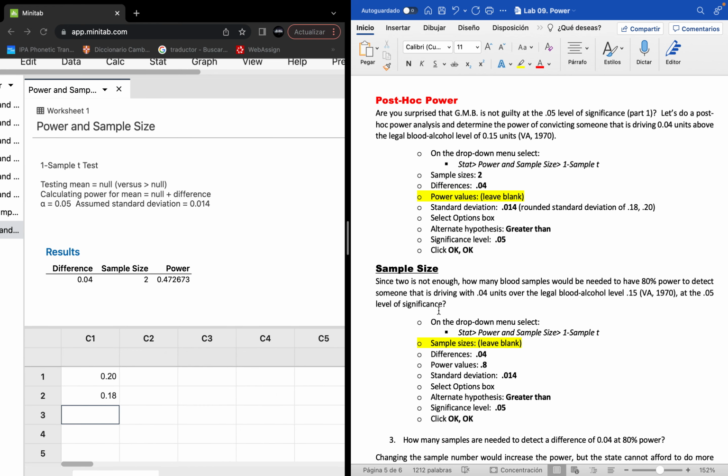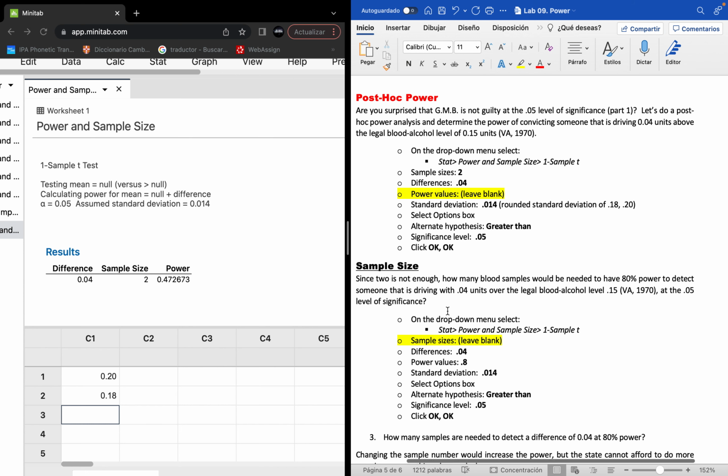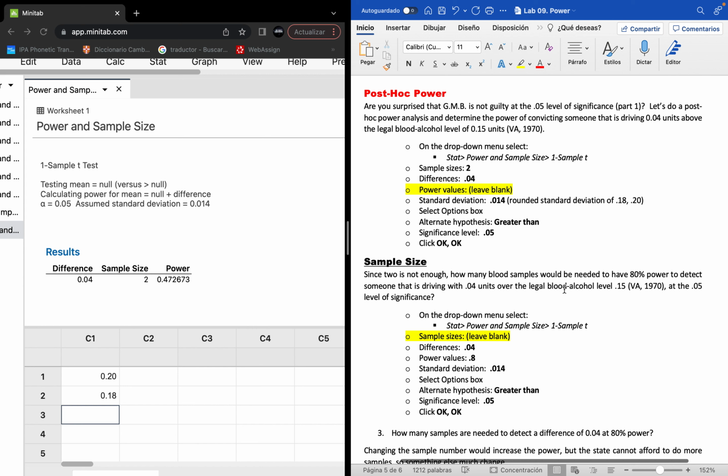Sample size. One problem with this is that our sample is very small, only 2. Since 2 is not enough, how many blood samples will be needed to have 80% power to detect someone that is driving with 0.04 units over the legal blood alcohol level, 0.15, at the 0.05 level of significance? So now again, go to the